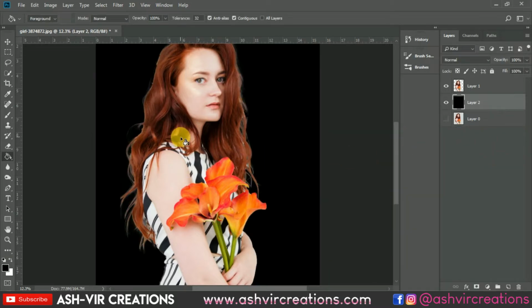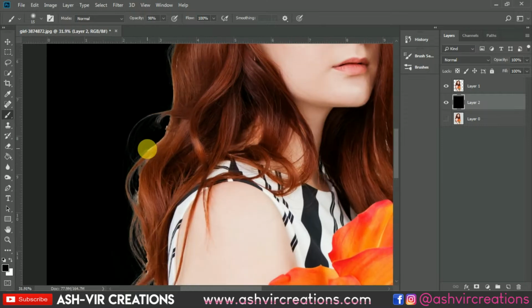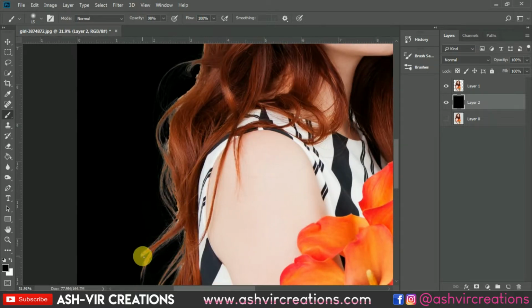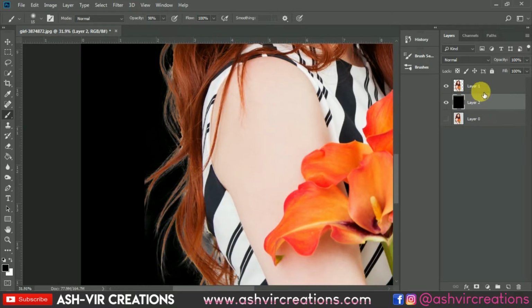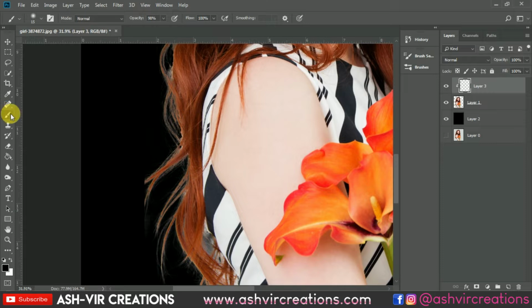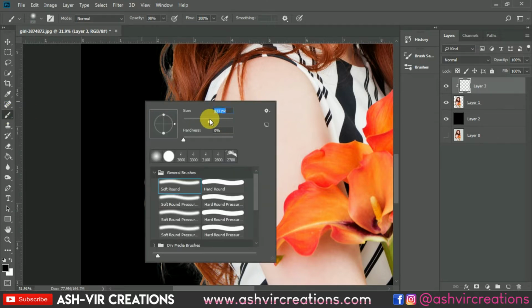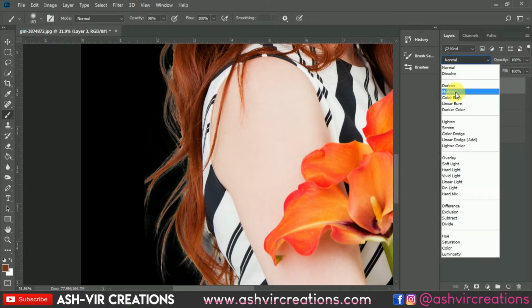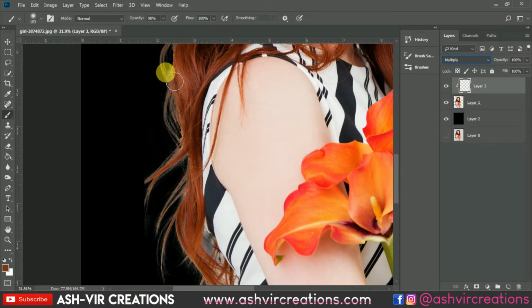Now let's see how it actually looks. So here you can see that the white portions are still remaining, so we will just paint it with the brown color. So create a new layer and create a clipping mask and select the brush tool, increase the size of the brush. Now let's select the black color or the brown color, change the blending mode to multiply and just paint it in a perfect way,